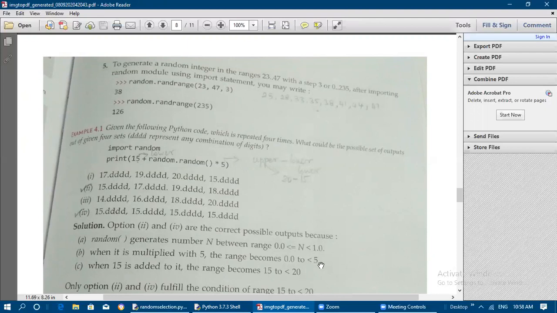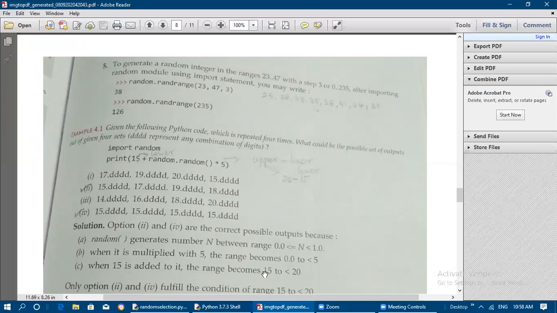But here upper minus lower gives 5. So if you add 15 with 5 you will get 20, so 20 will be the maximum limit. When 15 is added to this 5, the range becomes 15 to 20. So it can generate values from 15 up to less than 20.